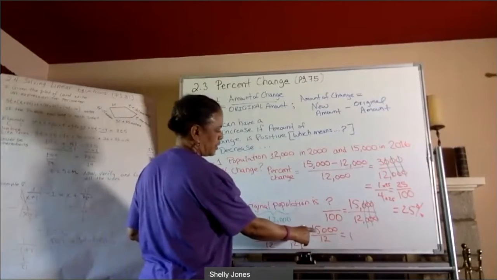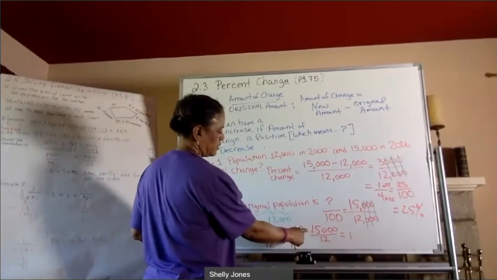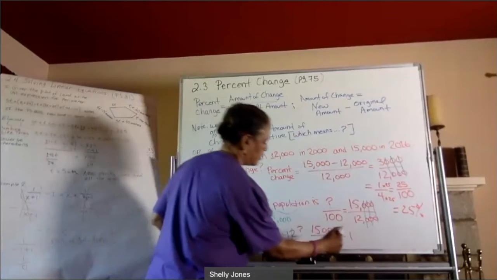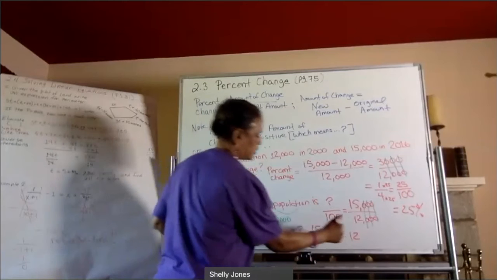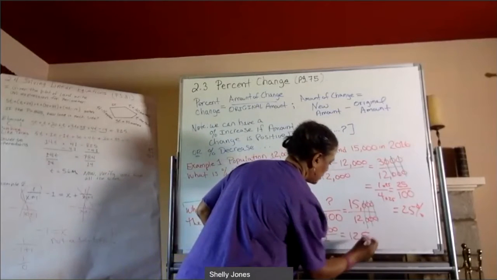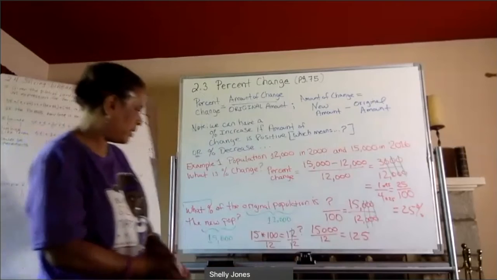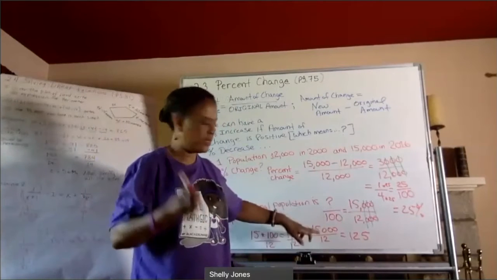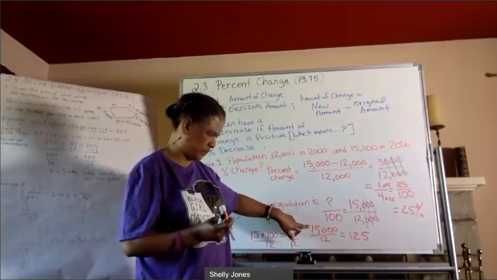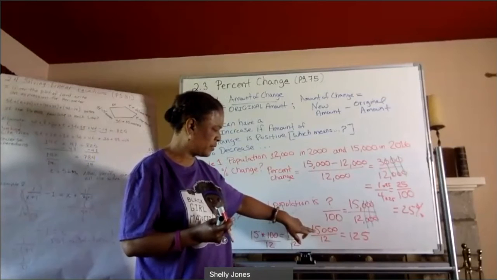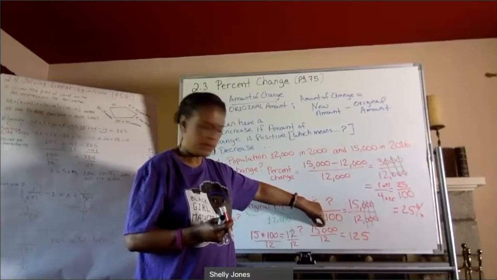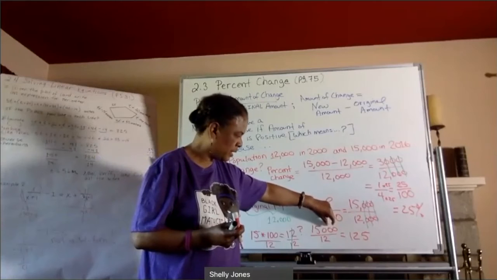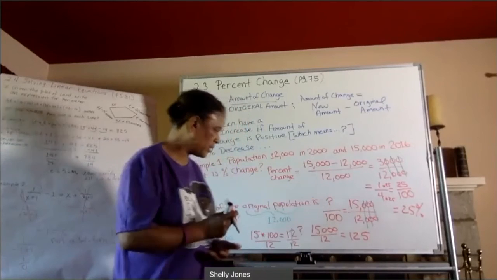Once, and I have 3,000 left over. Okay, so I'm just doing this in my head. So 12 goes into 15 once, and then I have 3 left over. So if I take the 30, 12 goes into that twice, right? That's 24, and then I have 60 left over. 12 goes into that